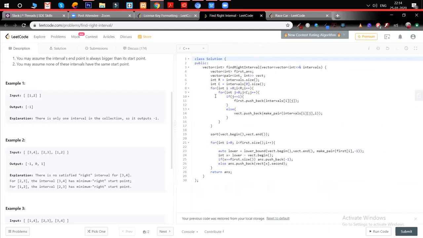If I understood right, why are we sorting the... I understand the sorting part of the start elements, because we have to compare the end point of one of the intervals. But why did you mention that we are also sorting in the beginning each interval, like we are putting them as 1 2, 2 3 and 3 4, something like that?